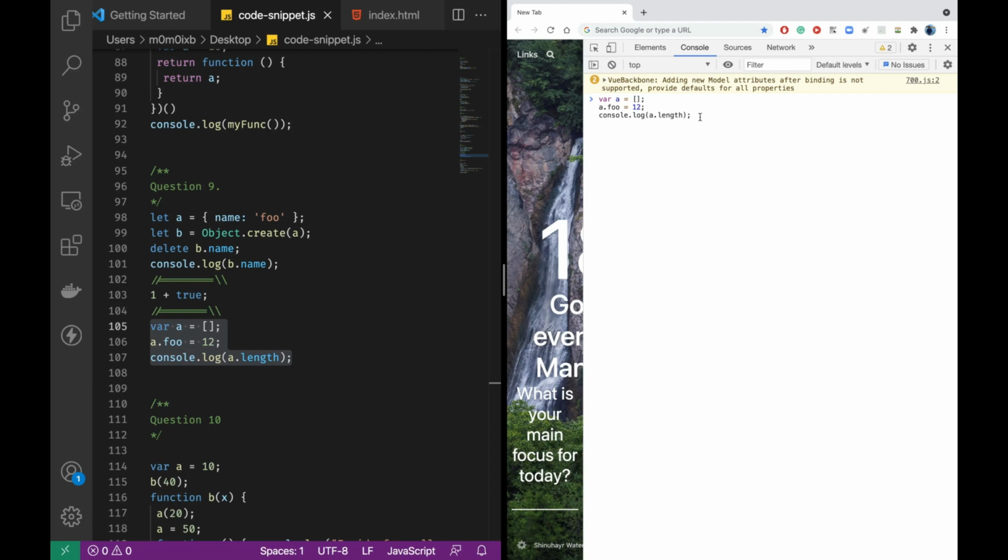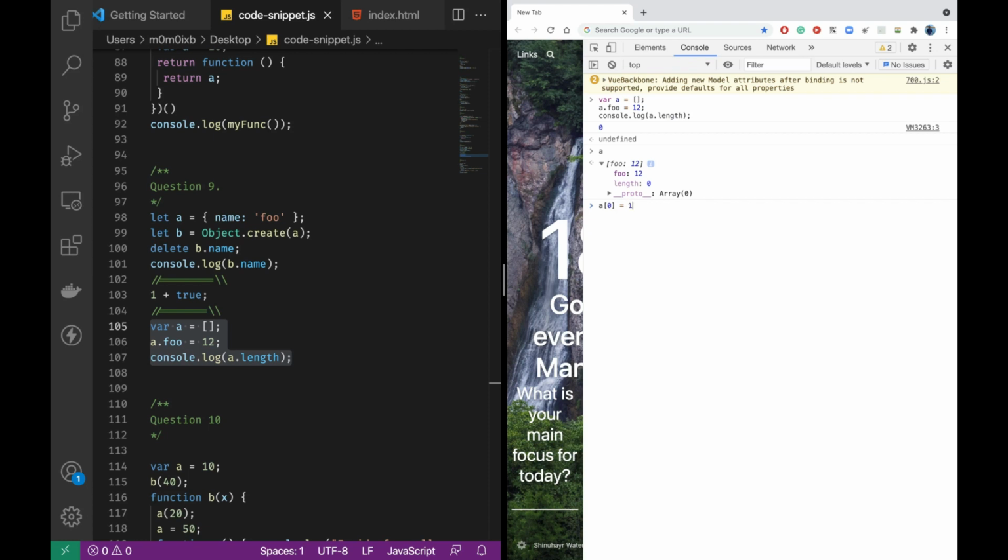Basically an array is again an object. We can have a property like this. That is what associative arrays are. So even though we have created foo inside A with a value 12, it will not consider it as part of the standard array. The standard array still has a length of 0. So if you try to run it, you'll see the length 0. If you see what A is, A has foo with value 12, but it will not consider it as a valid value in the standard array, and the length is still 0.